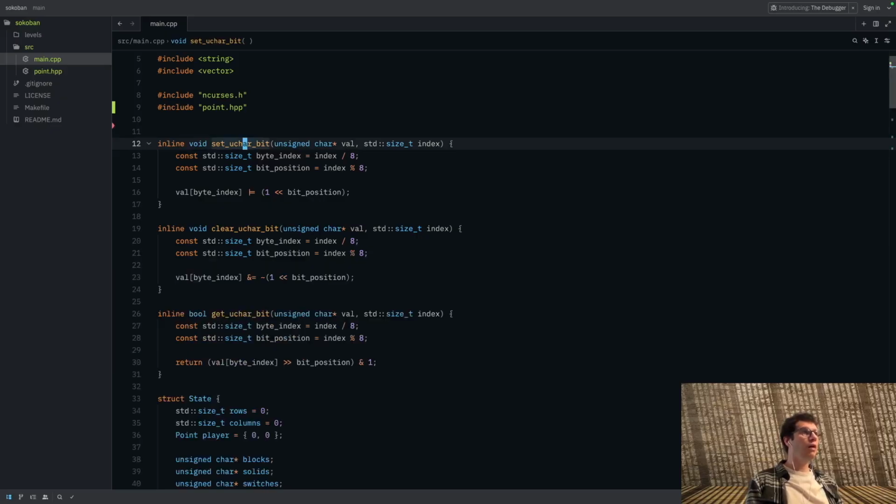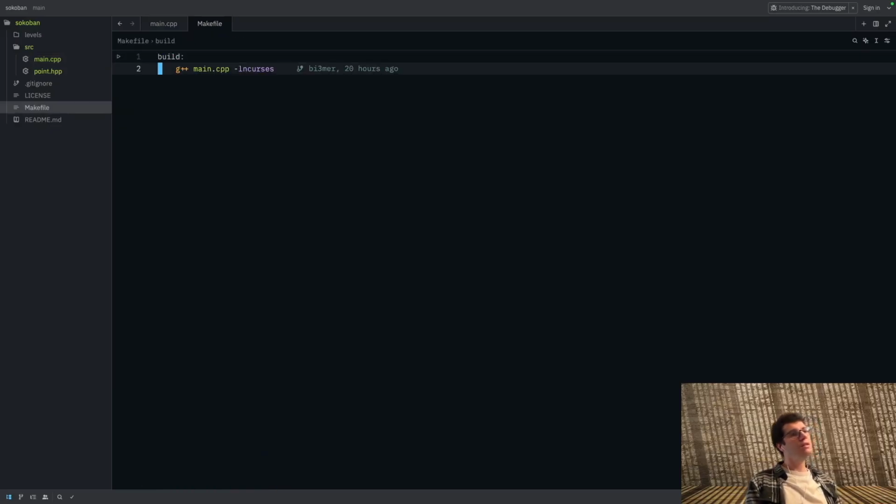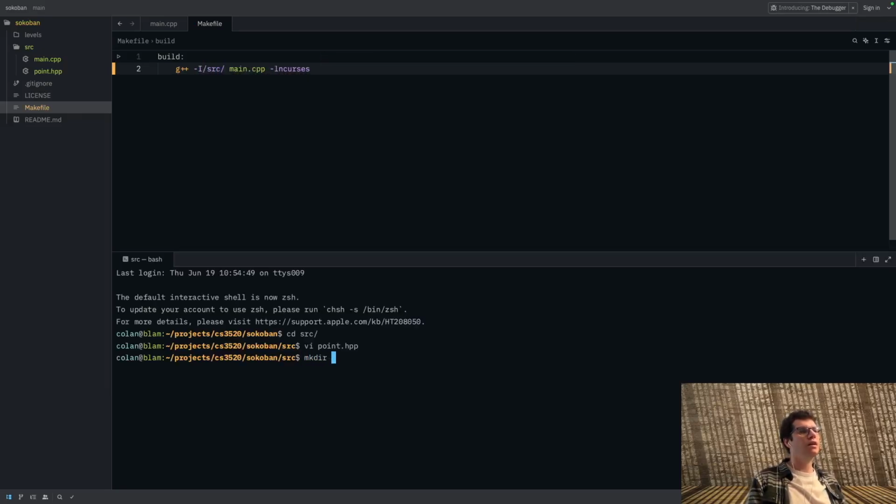So what I want to do then, just to be a little bit more smart about this, is I want to update our makefile. And that's pretty easy. Basically, what we need to do is we need to change the way this thing is working. So we need to tell it that there's going to be stuff to include in our source directory. Another way some people will do this is they'll have like an include directory, and then they'll put the header files in the include directory, and they'll put the